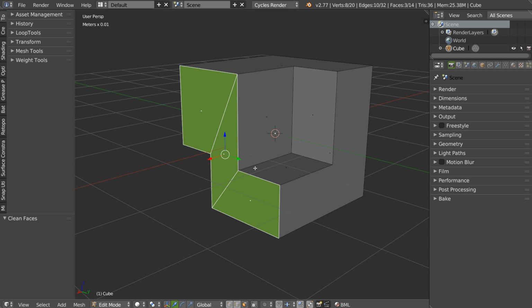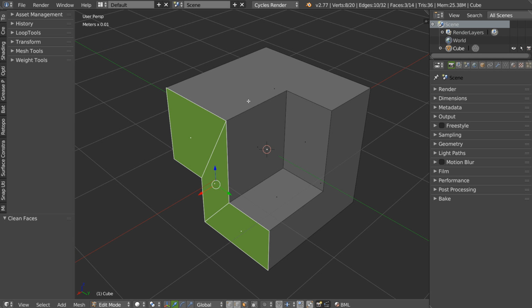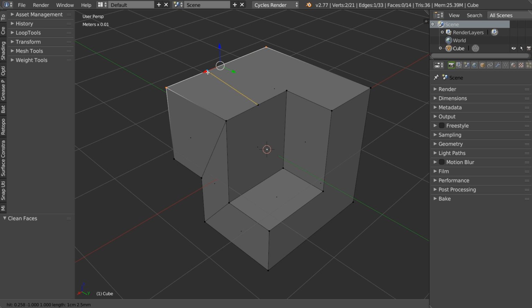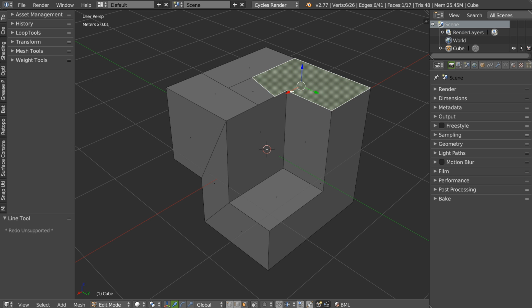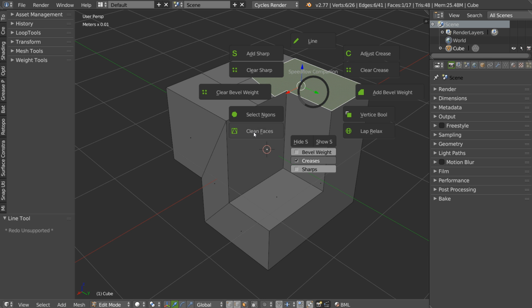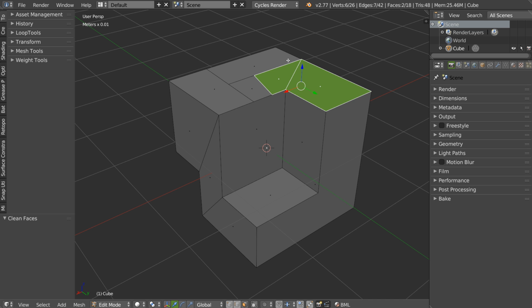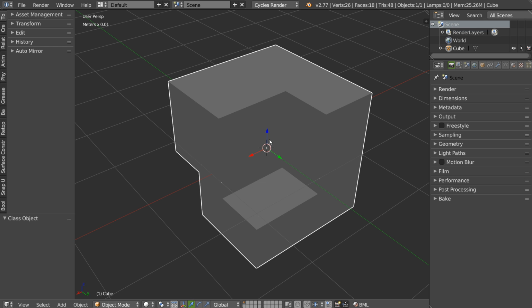On this example, I'm lucky. Okay, so for example, I will use this one. I will add this and this, and this, this and this, and I will select this one, make a clean face. On this one, it's okay too. Okay, I stop here. You will test it as you want.